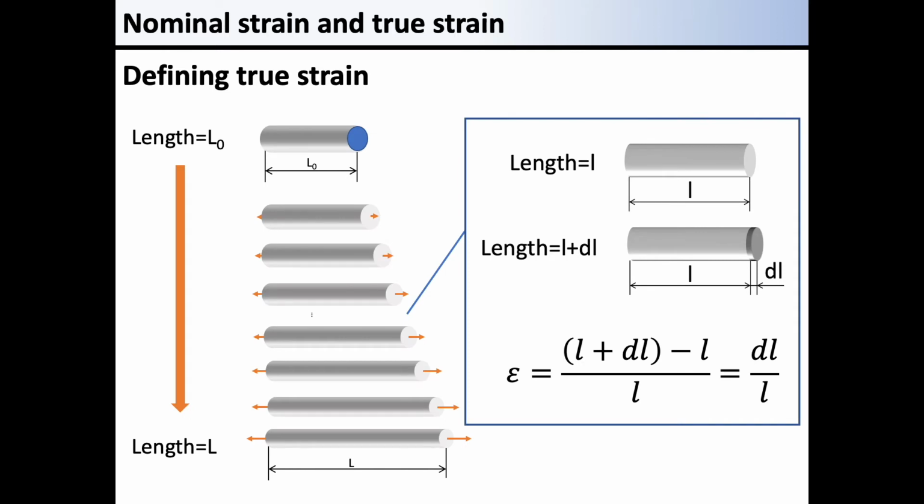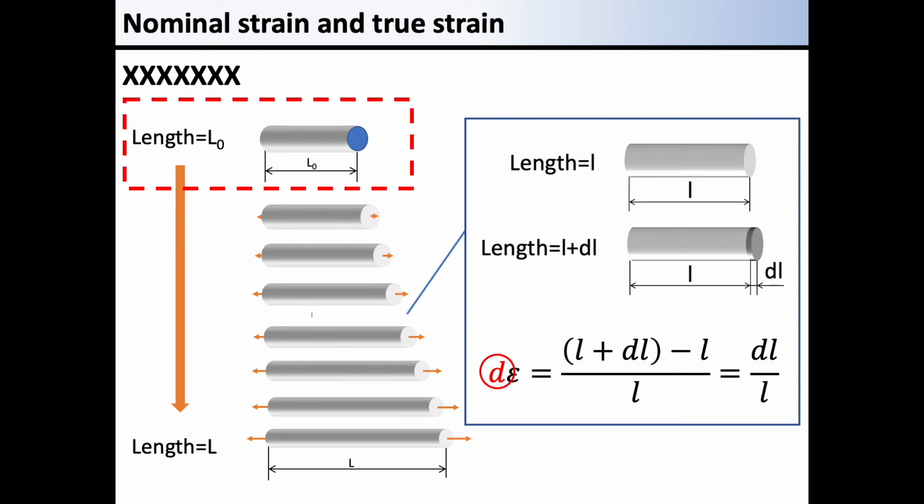However, what we have considered just now is only a step of elongation from L to L plus dl in a larger deformation of a bar, as shown in the illustration. The argument was stretching a bar of the length L by dl. These strains should have been defined as fraction of a strain as the equation. So, we should add d to the epsilon.